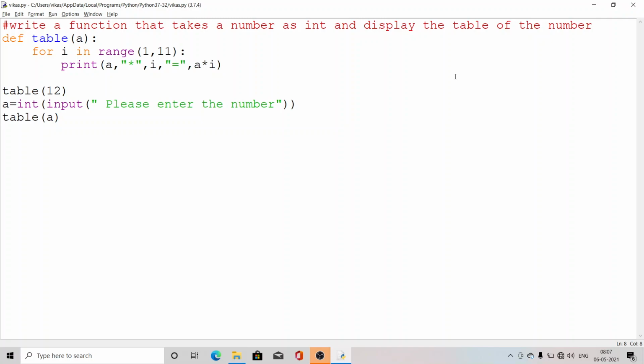Is it clear? I hope this concept, this class, this video will make your concept more clear. So my dear students, please send me messages whether it is clear or not, then I can try more ways, but I hope this concept makes you more clear about functions.